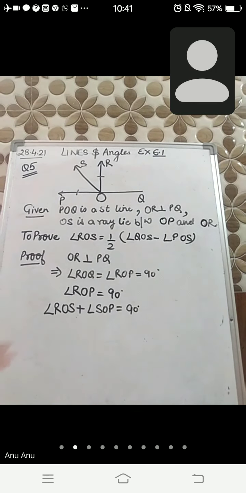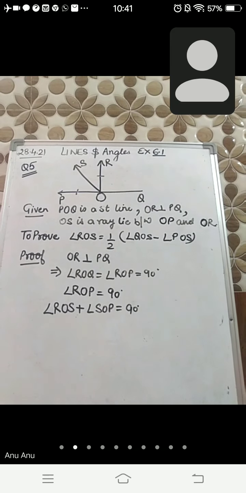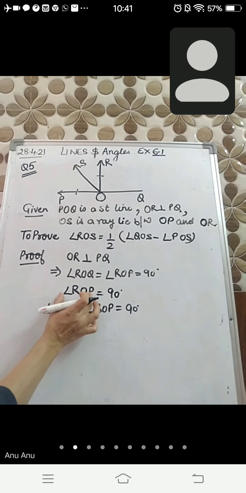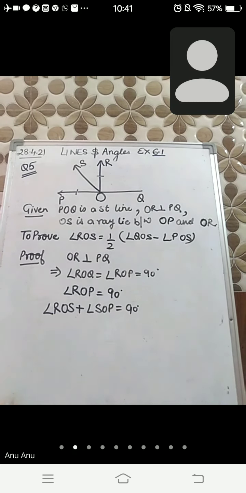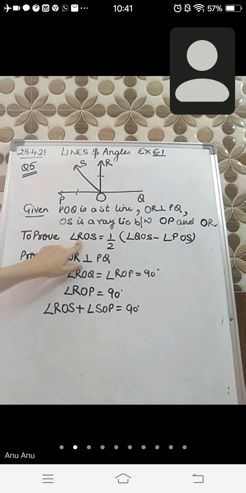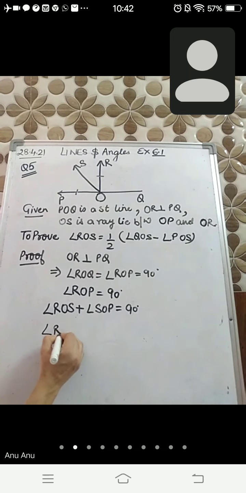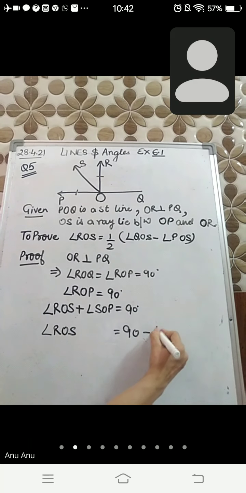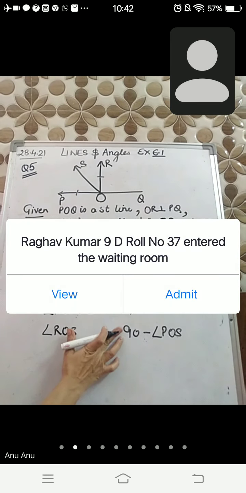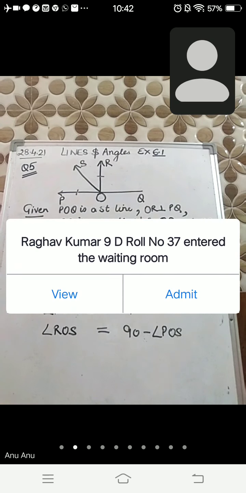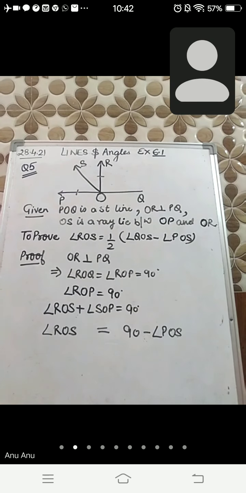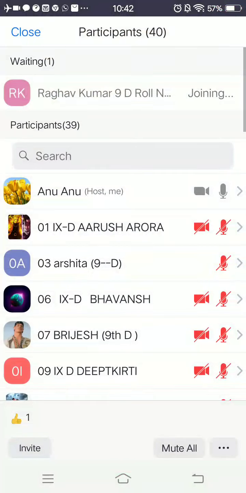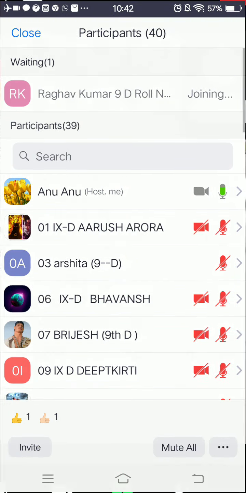Is it okay? It is very easy, beta. There is just one small concept in this that you have to learn, otherwise the rest of the things are easy. I've split this into two parts and we are finding the value of ROS. So let's write this ROS on the left hand side and shift this term to the right hand side, and this will be POS, or you can write SOP. Is it okay, beta? Any doubt till this concept?